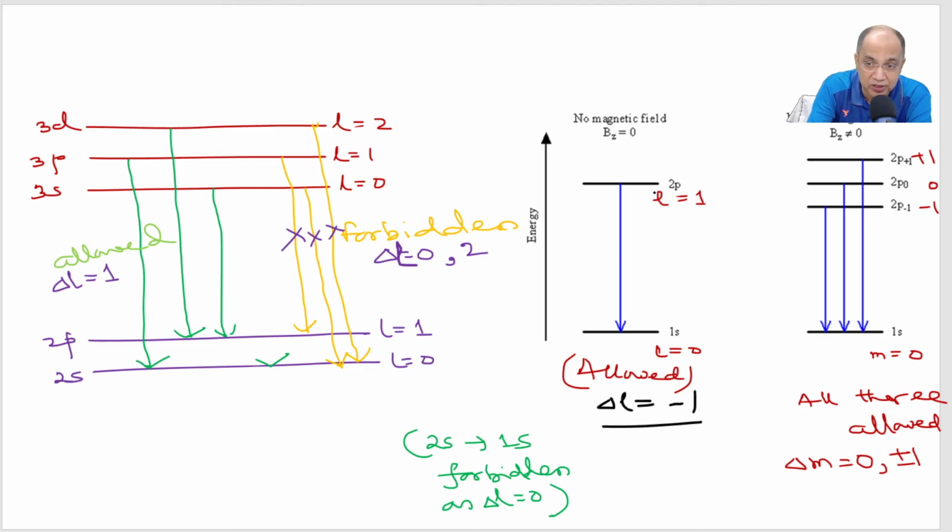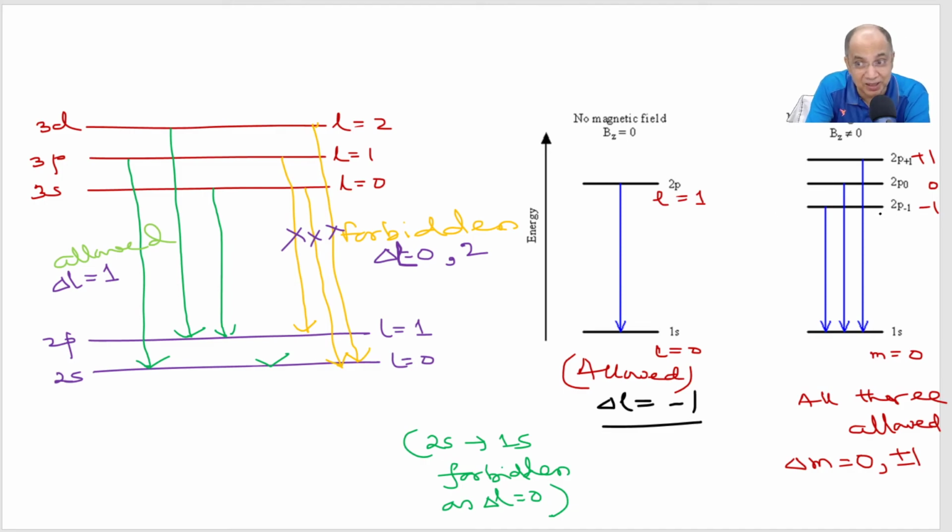So 2s to 1s is disallowed. I have not shown that. I have already told you that 3s to 2s is disallowed, 3p to 2p is disallowed. So also 2s to 3s is disallowed. I have not shown that. I have seen 2p to 1s is allowed because delta L is minus 1, and the 3 orbitals in the